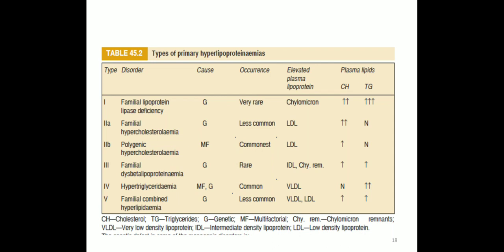And we have gone through that in a particular disease, a particular type, which lipid or which lipoprotein is increased, as we can see in the fourth row, in which there is an LDL increase, in which there is a VLDL increase, in which there is a triglyceride increase. So this is the basic information, so we can target the particular disease. If triglyceride is increased, which drug is to be given? If LDL is increased, which drug is to be given? If HDL is decreased, which drug is to be given? So this is the classification for this type of use.